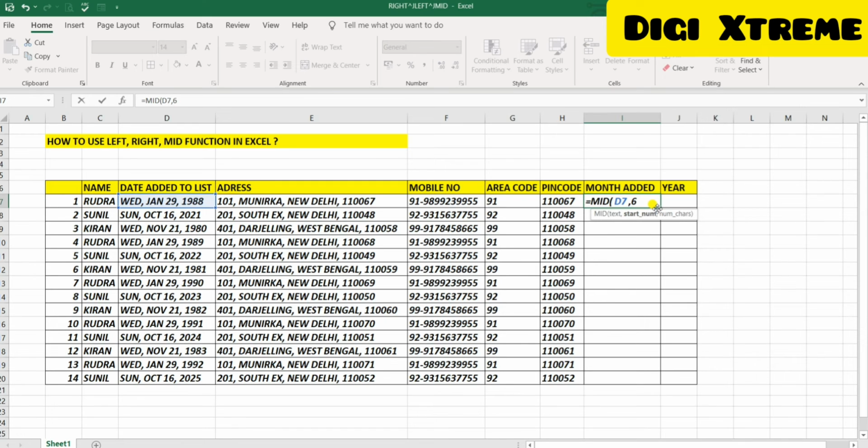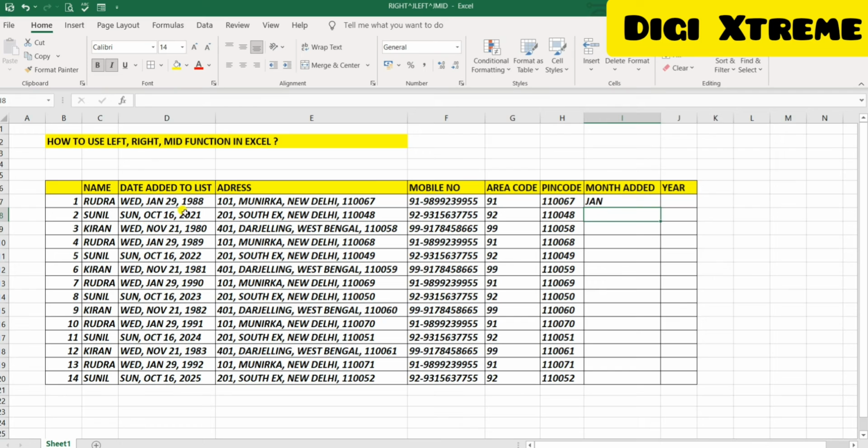Now it is asking for number of characters. After 6 comma, number of characters means how many characters we need for month. So you can see we have Jan, October. All of them are of 3 characters only. So I'll just mention 3, then bracket close.